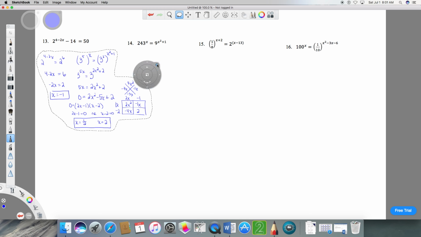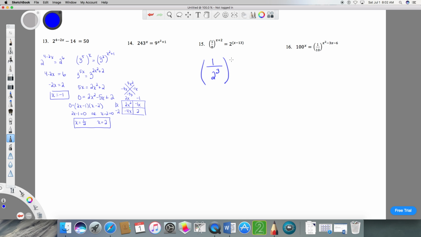All right, so let's take a look here at number 15. Now, here in number 15, I have a 1/8 over here, and I have a 2 over there. So I know that I can rewrite 8 as 2 to the 3rd power. So I have 1 over 2 to the 3rd power and x plus 2, and 2 here. Well,